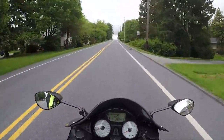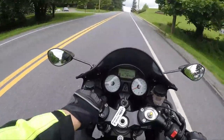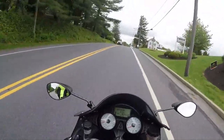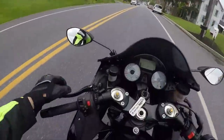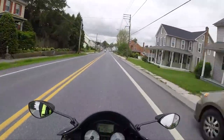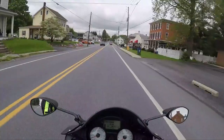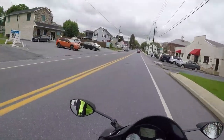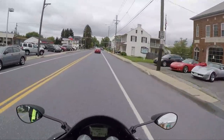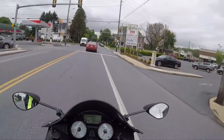Like I was saying before, this is a pretty comfortable bike. You notice that these clip-ons actually have their own little built-in risers, so they're about 2 inches above the lower forks. If this was a 600, they'd be much more down here. It'd be much more bent over. The ergonomics are not as much like a Street Fighter, but it is fairly laid back, as opposed to an aggressive